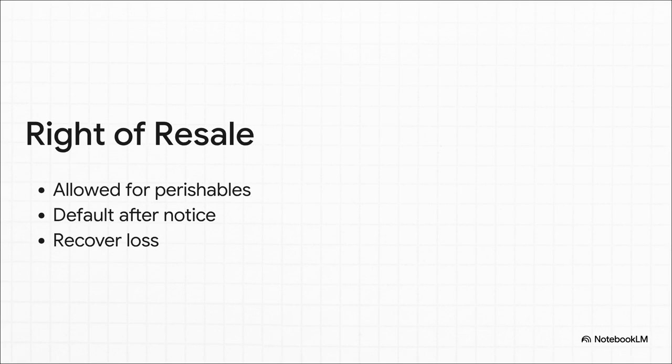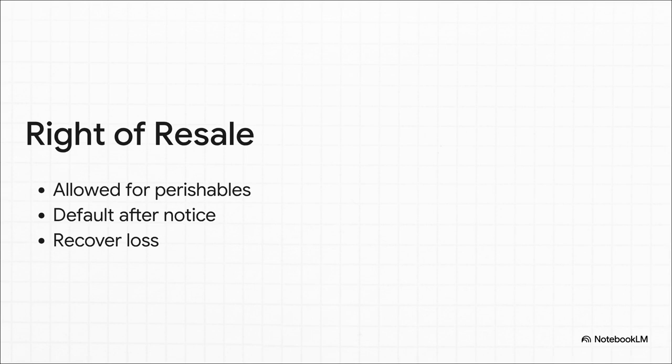Unless the goods are by their very nature perishable, the unpaid seller absolutely must give notice to the buyer of his intention to resell. If he gives notice and the buyer still defaults, the seller resells and can recover damages for any loss. But if he fails to give notice, he cannot recover damages. Do you understand the severity of this provision?